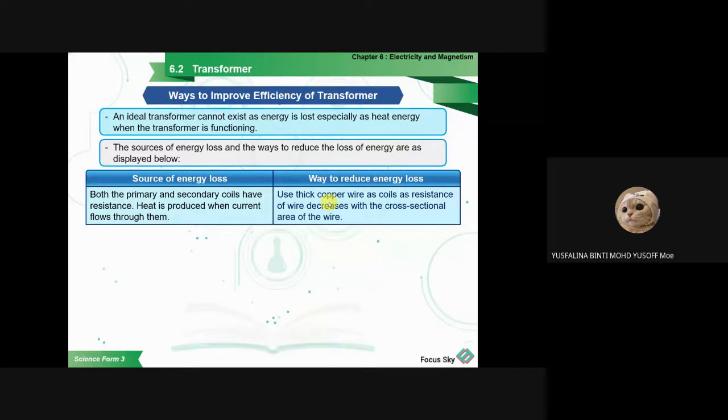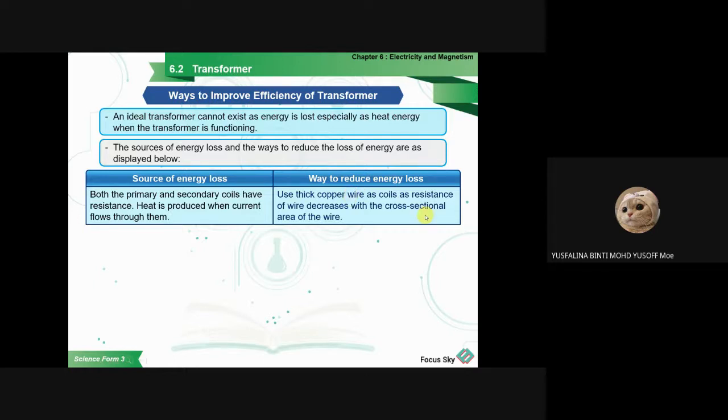Okay, even at our house we didn't use copper. If you use copper, yes, you can use it, but you have to pay more. For copper wire, it's quite expensive. Because of the low resistance, right, if you compare to the conductor, or nichrome wire. And also